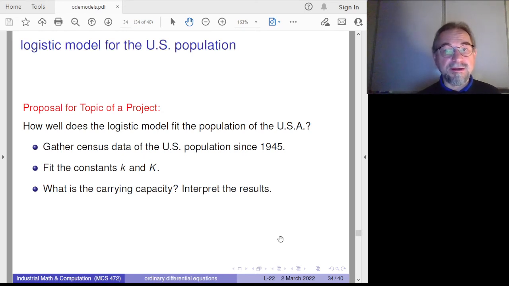So what is the carrying capacity of the United States population? First, trying to see that you can get a good fit for the constants, little k and capital K. But if you do, then time 0 here is 1945. So what is the carrying capacity? One can ask questions: will the population of the United States ever reach 500 million? Would this be possible under this logistic model? Okay,